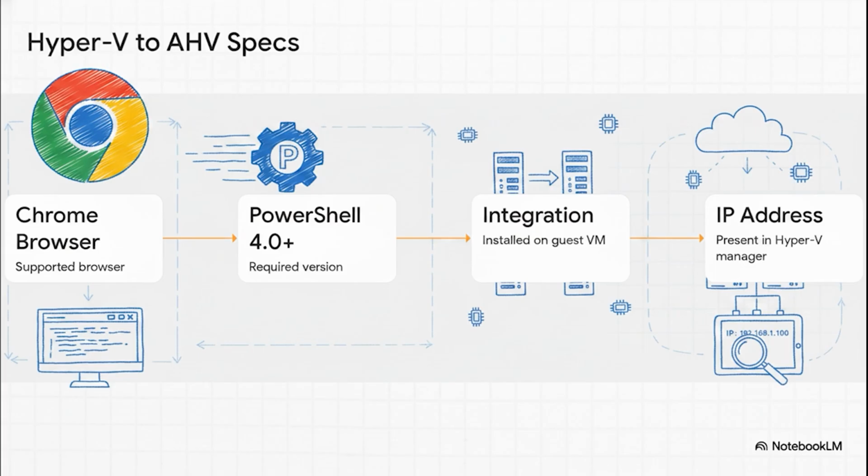First up, Nutanix explicitly specifies that you have to use the Google Chrome browser for the Move UI. Crucially, and listen really closely to this version number, your environment must have PowerShell version 4.0 or later installed. Also, for the source VMs to be automatically prepared for the move, they need to have integration services installed. And you have to verify that an IP address is actually showing up in the networking section of the Hyper-V